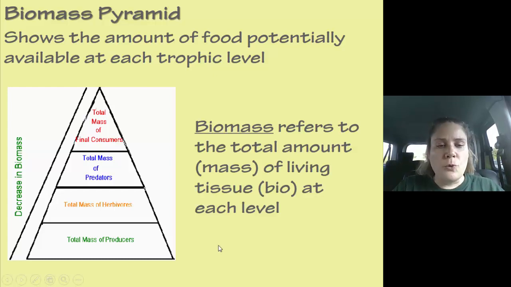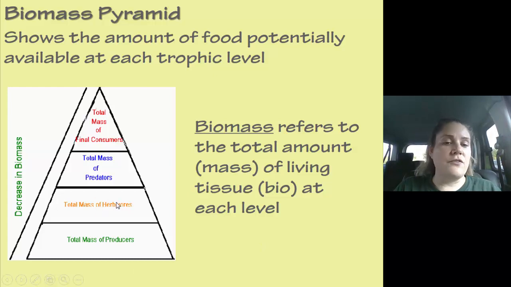So our total mass of our producers, this means if we went into an ecosystem, let's say we named our ecosystem as Winnetka. Okay, if we said our ecosystem was Winnetka and we took all of the producers, so we found all of the plants, all of the grass, all of the trees, all of the flowers, everything, and we got it all together and we put it onto a scale and we found the mass of it. That would be this right here, okay?